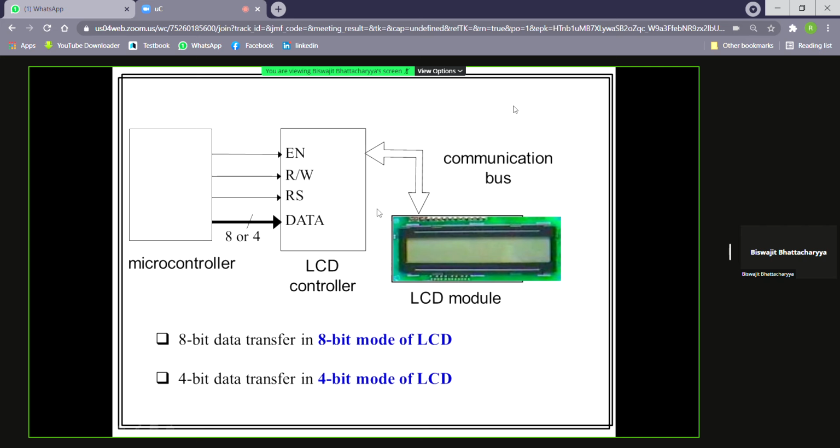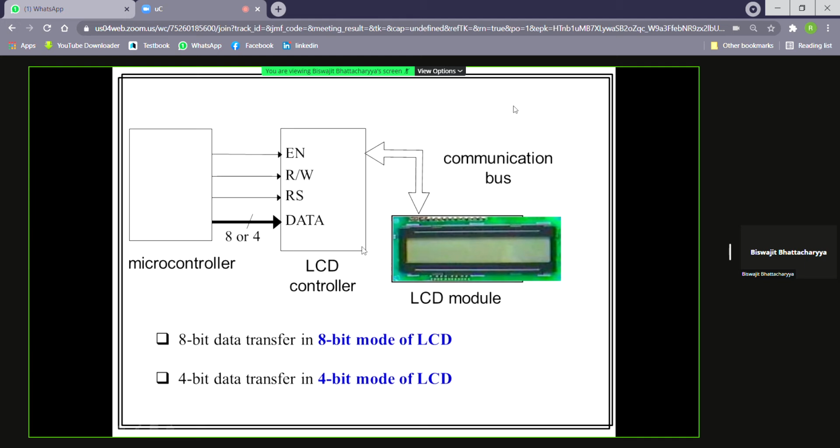So when we connect a display with the microcontroller, basically we connect the LCD controller with the microcontroller. The LCD controller communicates with the microcontroller, and accordingly, after getting the proper instructions from the microcontroller, the LCD controller will activate the LCD display module, and we see some display.